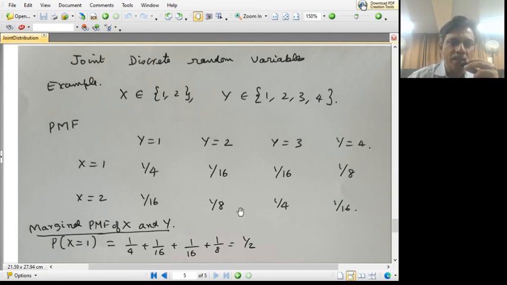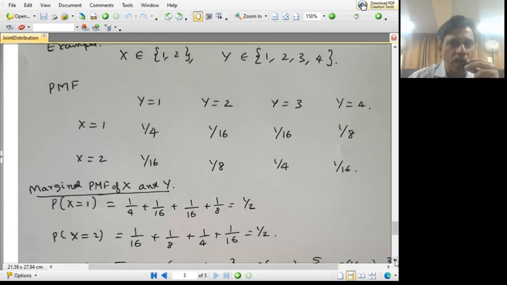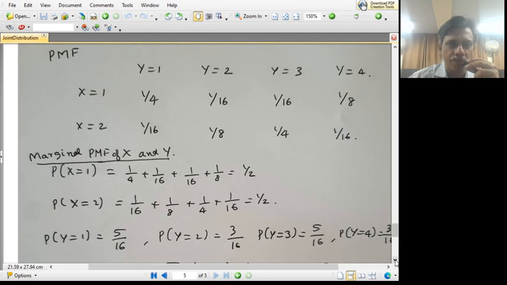First, if this prescription is given to you, you can first verify whether this is a valid joint PMF. To find that out, you can first find the marginal PMF. First you have to find whether all these quantities add up to 1, because the joint PMF should also sum up to 1. So you have to add all these things, and you can check whether it is equal to 1. Then, the marginal density functions of X and Y can be calculated.